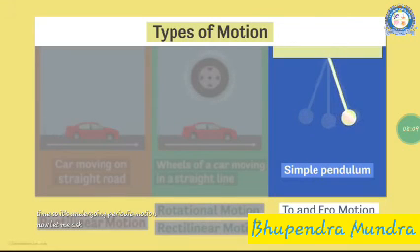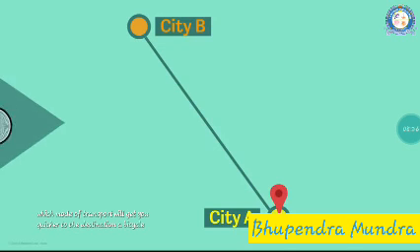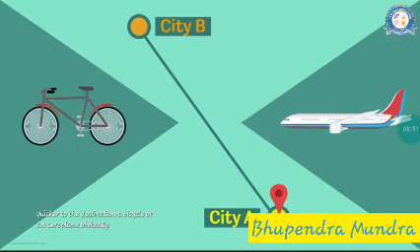Now, let me ask you a question. Suppose you want to travel to city B from city A. Which mode of transport will get you quicker to the destination, a bicycle or an aeroplane? Obviously, an aeroplane, because the speed of an aeroplane in air is much quicker than the speed of a